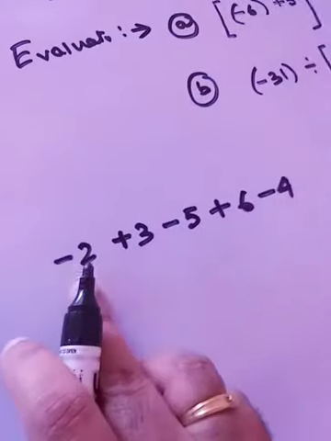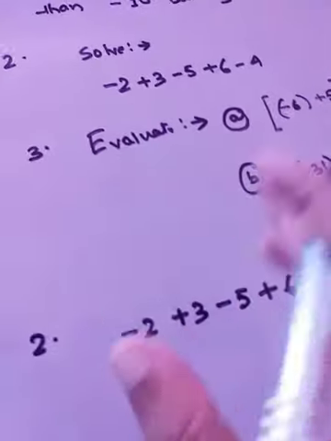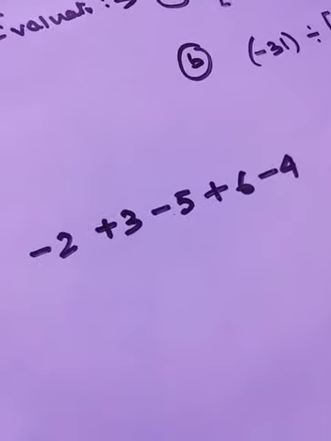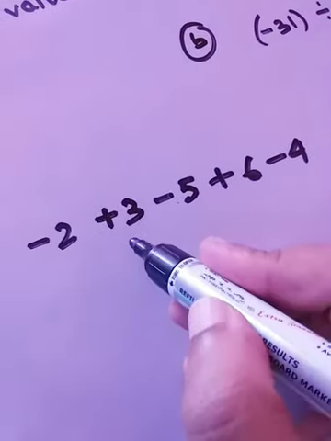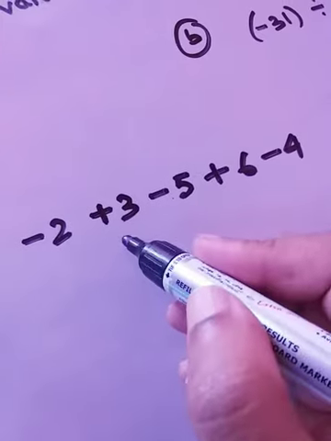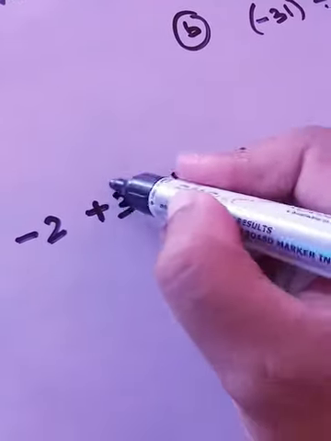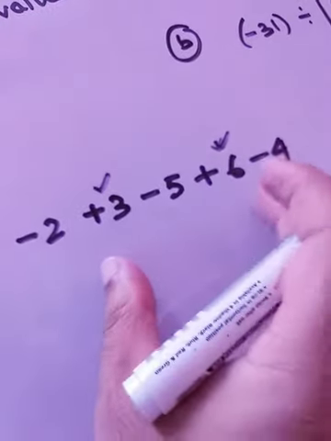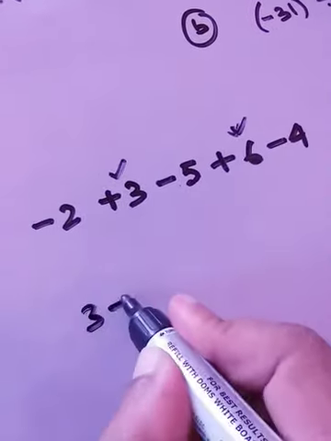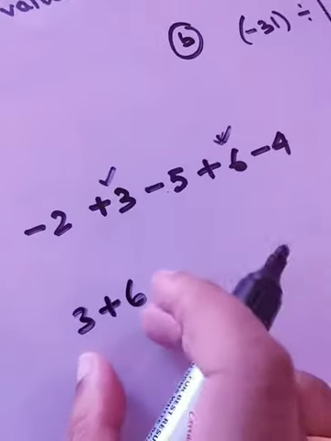Now if you see this type of sum in the question paper and the instruction says solve, then obviously you know what you have to do. You have to make an arrangement of all the negative numbers and the positive numbers together. So first just see which of the numbers are positive. 3 is carrying a positive sign and 6 is carrying a positive sign. So we'll make a group of these two, that is 3 plus 6. Okay, these are the positive numbers.